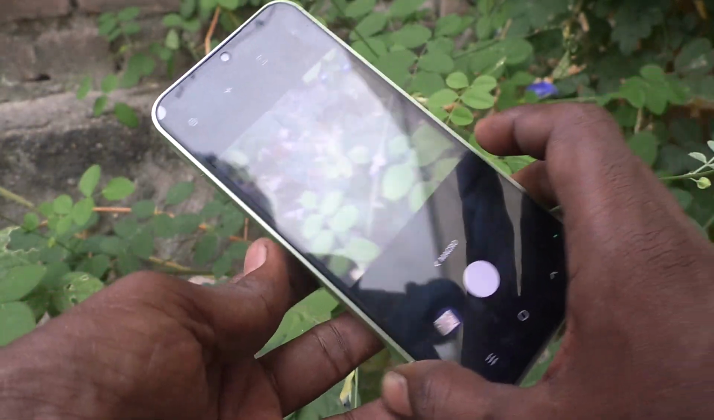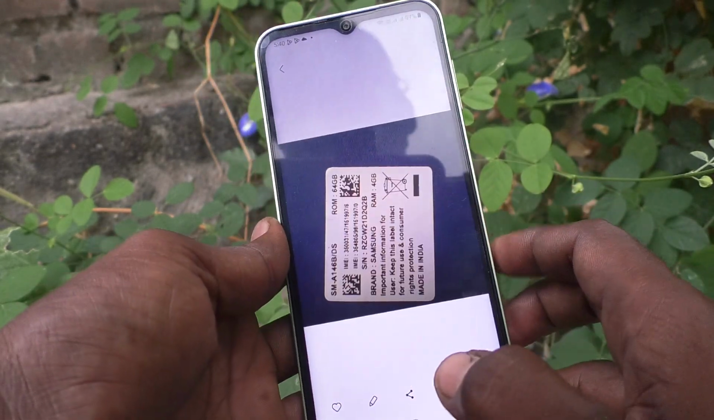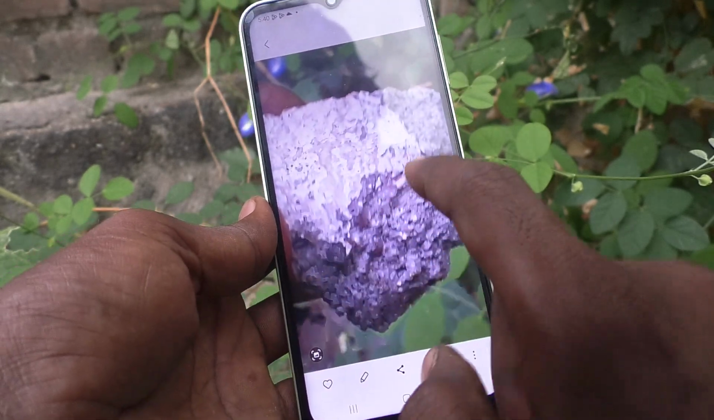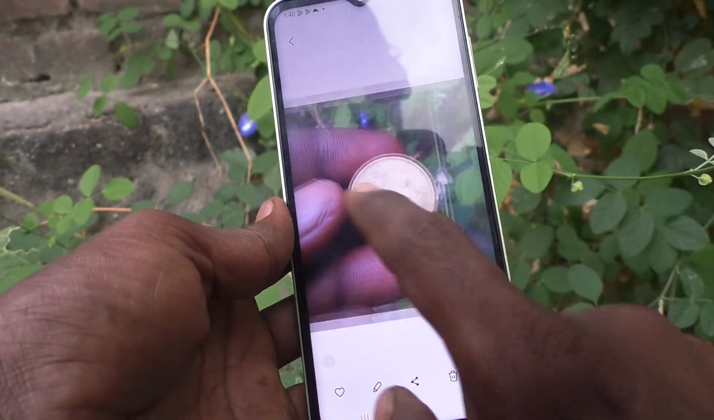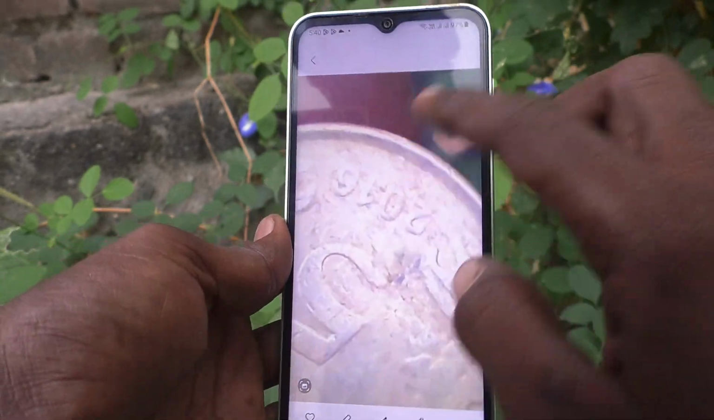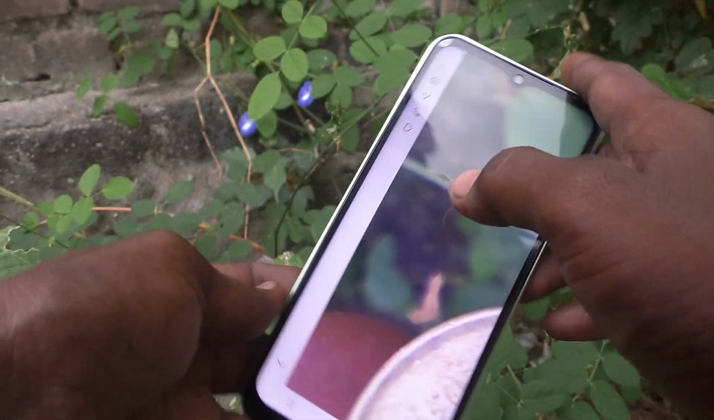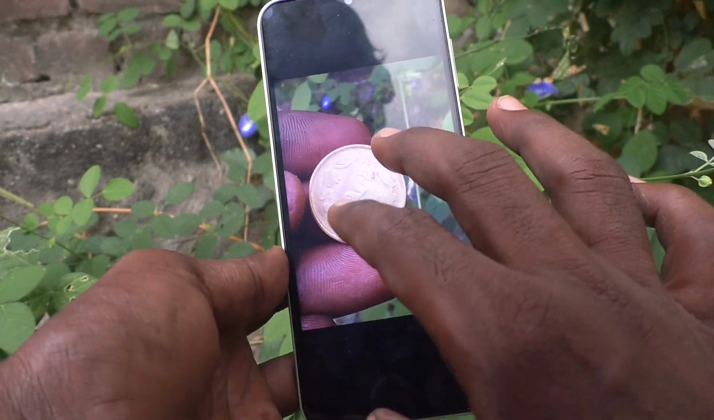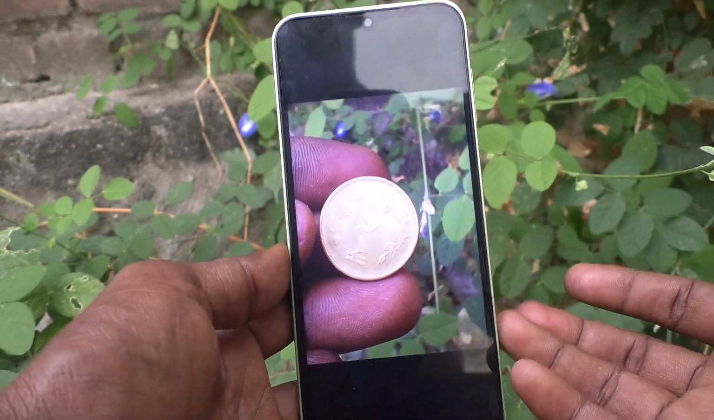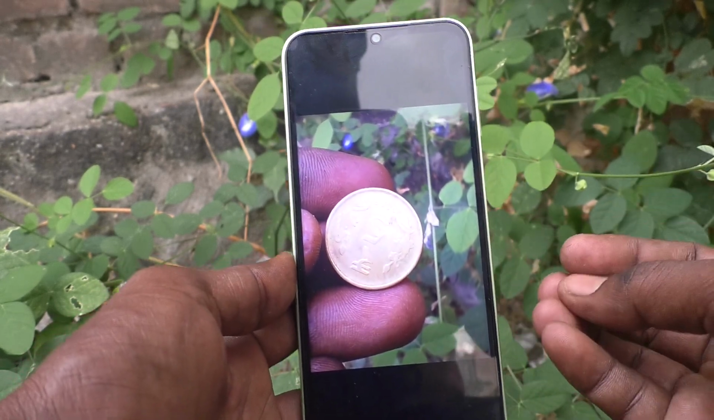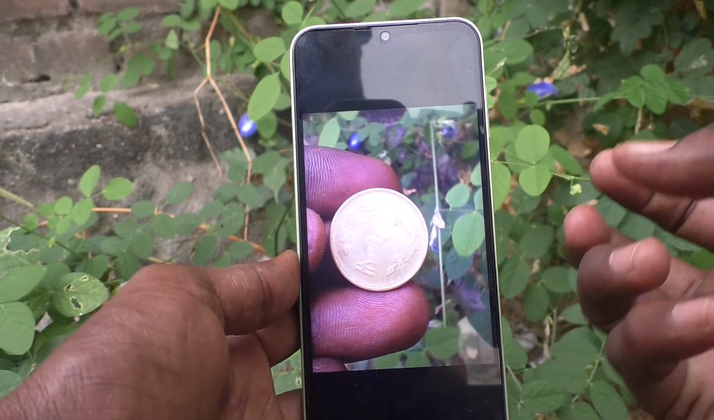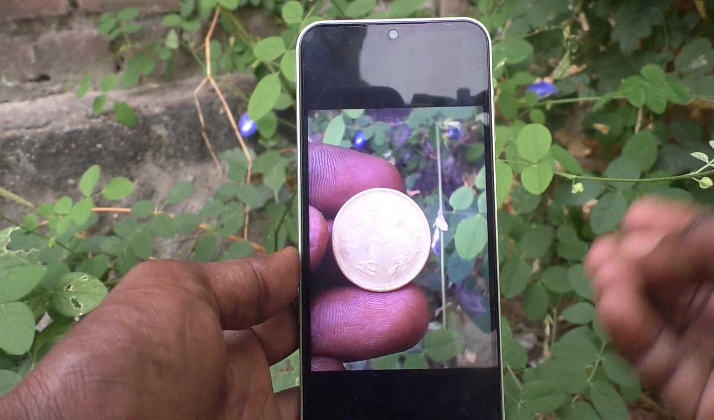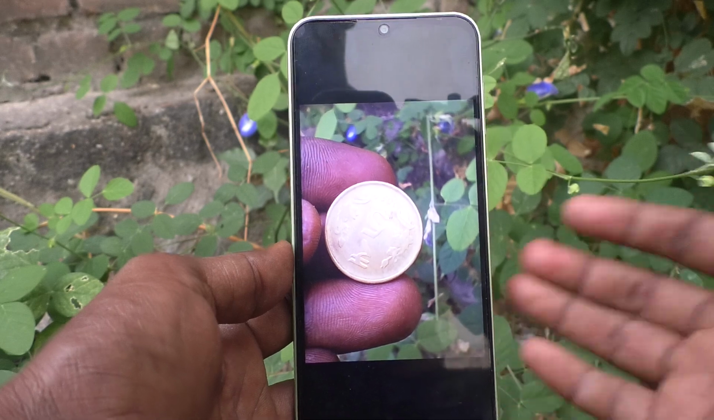So minute details will be enlarged in macro shot. See here, minute details are enlarged. Okay, see the pictures. Wow, 2016 coin. So for normal eye it will be visible very small, but using macro shot you can magnify the subject particles, elements of subject. Okay, so you can see every minute particles in the subject using macro shot in your phone